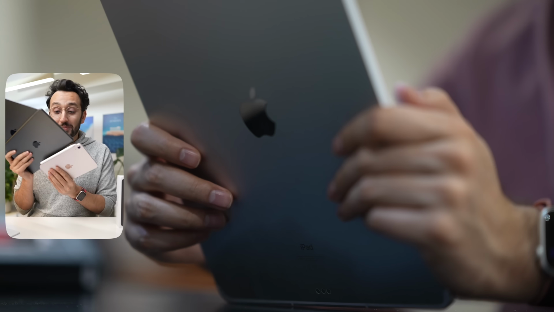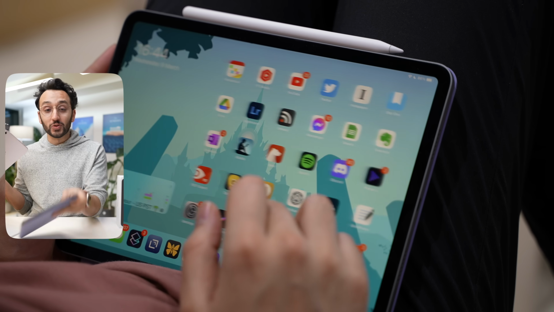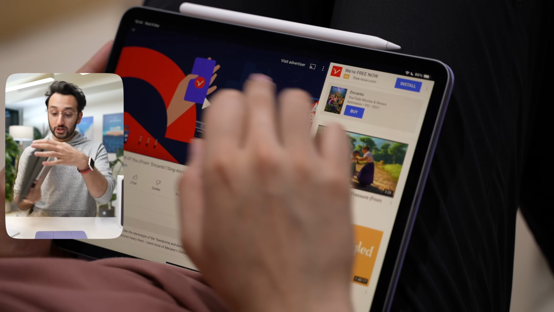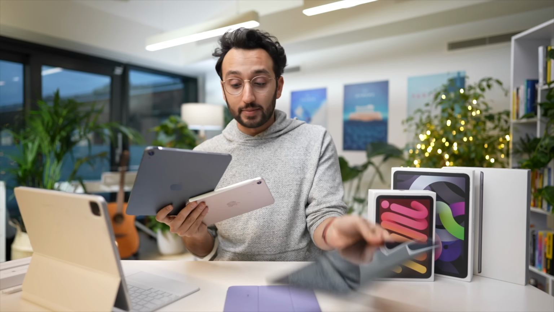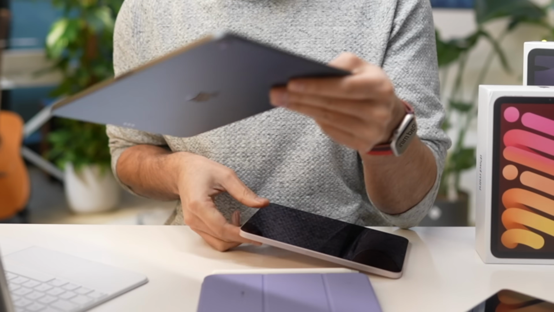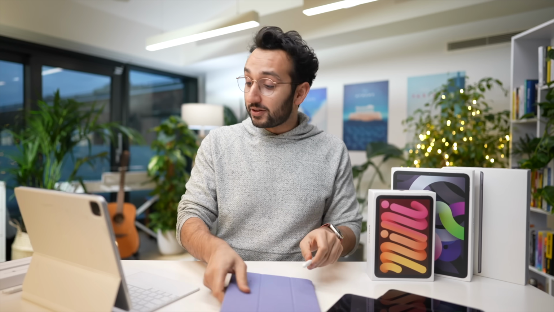Again, we are doing the much requested video of which iPad should you buy in 2022. There are 5 to choose from. You have the basic budget iPad, there is the iPad Air, there is the iPad mini, there is the 11-inch iPad Pro, and there is the